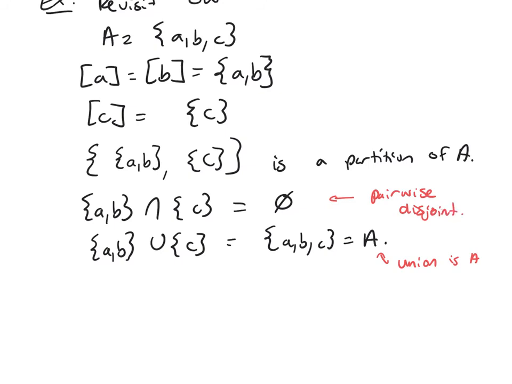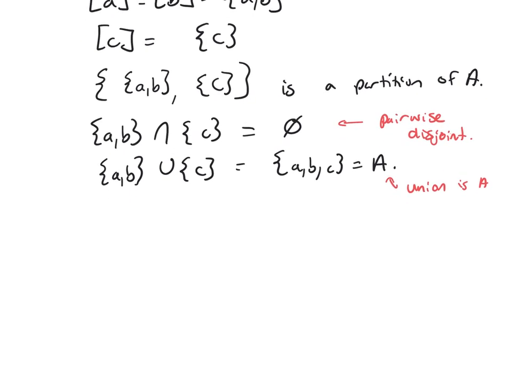So you might wonder, does this always happen? Is this something special that's happening? Or is it always the case that my distinct equivalence classes form a partition of my set? And the answer is that this always happens, and that's this theorem